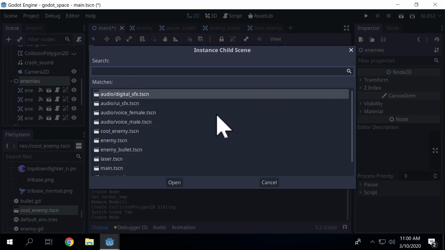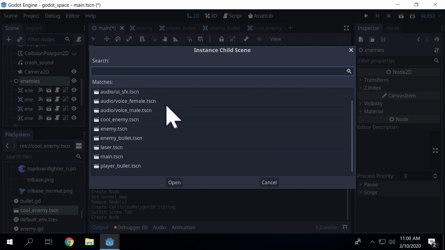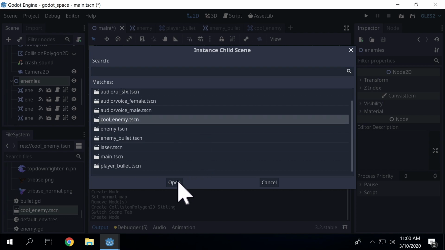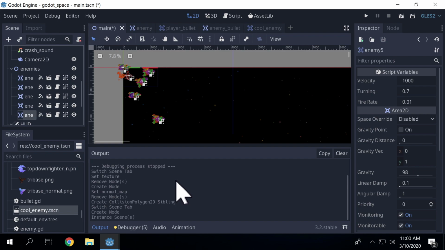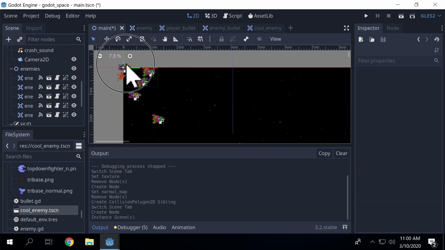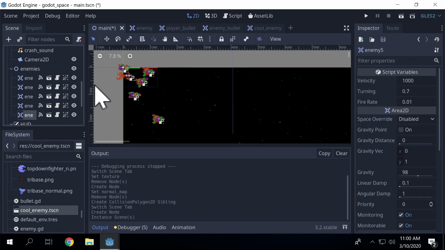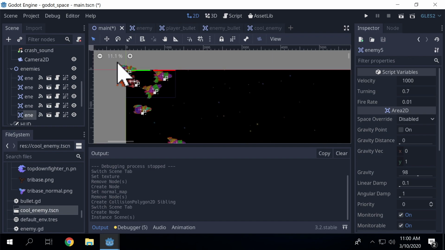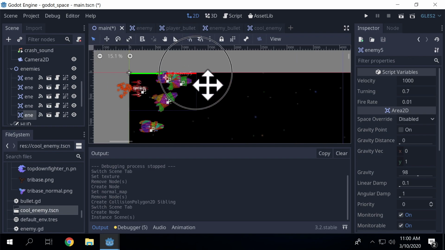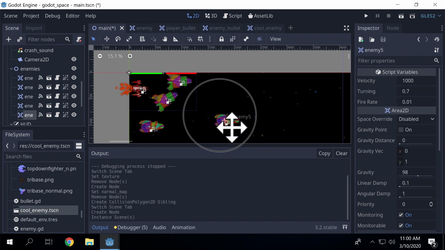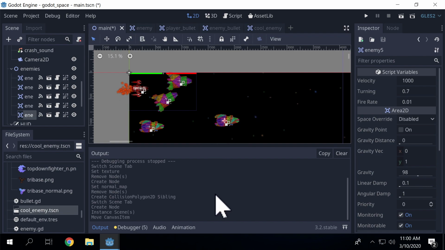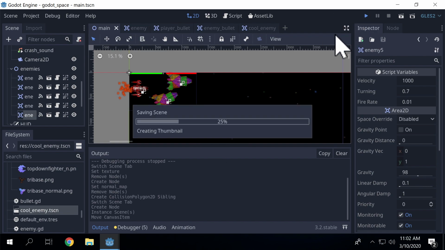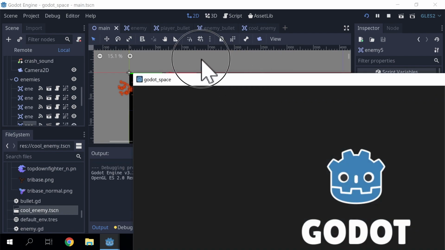The other way of doing it is to click on enemies and press instance child scene. This gives me a list of all the scenes that are available, and you can see my cool enemy scene, same one I dragged in. Click on that, and that has put it up there. Zoom in, and again I can position it where I like. Now, if we test our game, we have 5 enemies,